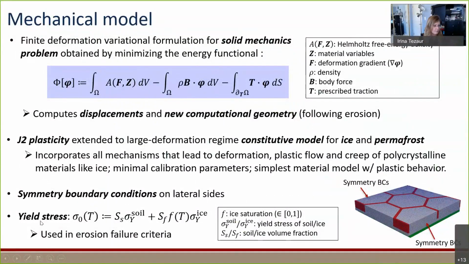This last part is very important here, the last bullet. So this is the expression for the yield stress. This is also part of the model, and this is something that we postulate. So this can be changed based on our understanding of the permafrost and how it erodes. But essentially what we're saying here is that the yield stress of the permafrost depends on the yield stresses of the soil and ice, the soil ice volume fraction, and the ice saturation. Okay, and this is going to be important because this plays into our erosion failure criteria, which I'll talk about